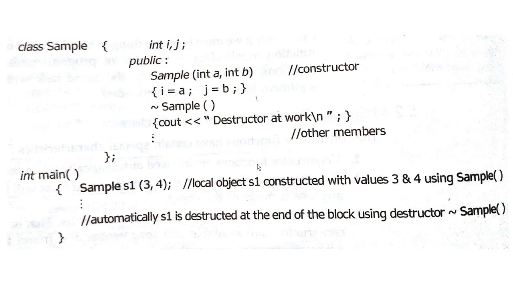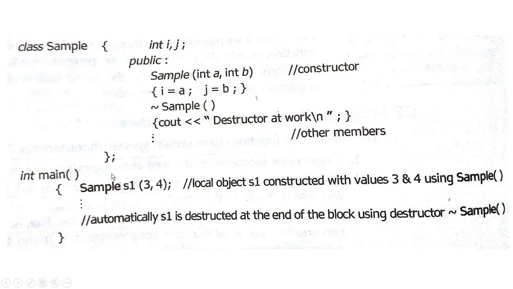Here is an example. Here is a class sample, and you can see this is a private section because there is no declaration here, so by default it is private. Then we have a public section here. Here is a constructor, sample. You can see there is no type here. Also the name is the same as the class, therefore it is a constructor. And after that we have a tilde sign here, and this means that this is a destructor, because it has the same name as the class and also has a tilde sign.